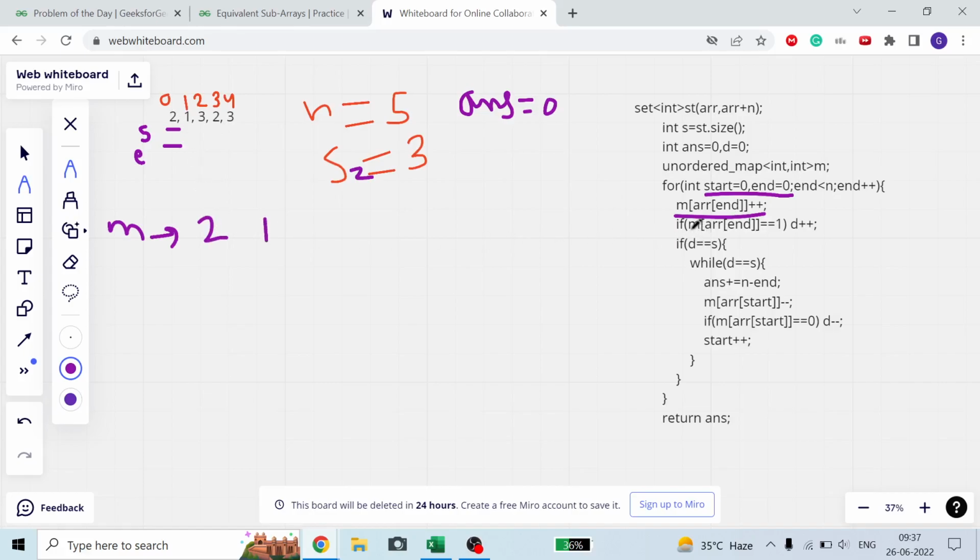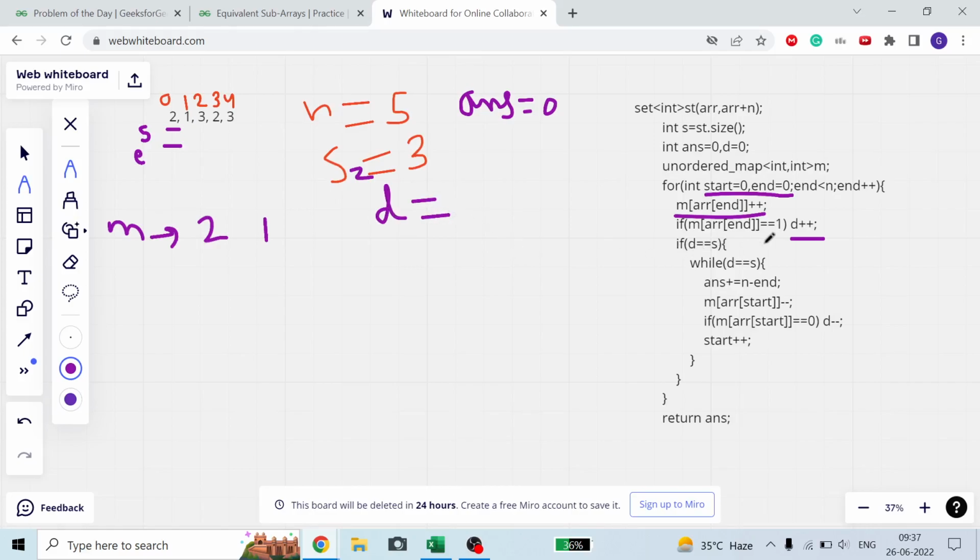Now if map of this end character is 1, it means this is the first time this character is encountered in my subarray. So I will say I found a different character. So I will just do d plus plus, meaning d is the count of my different characters or different elements.